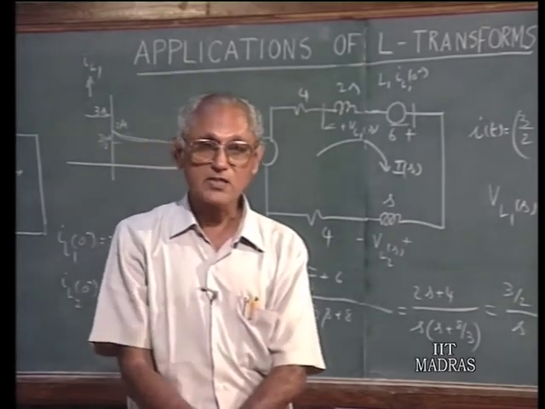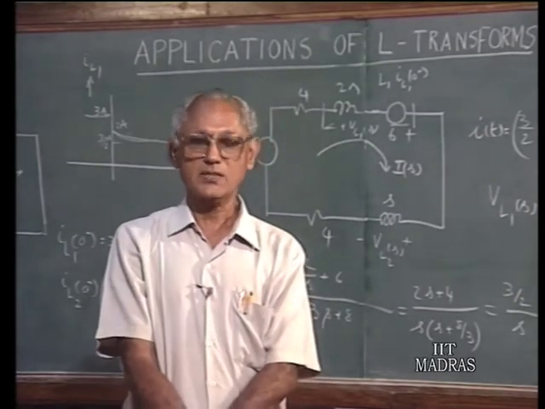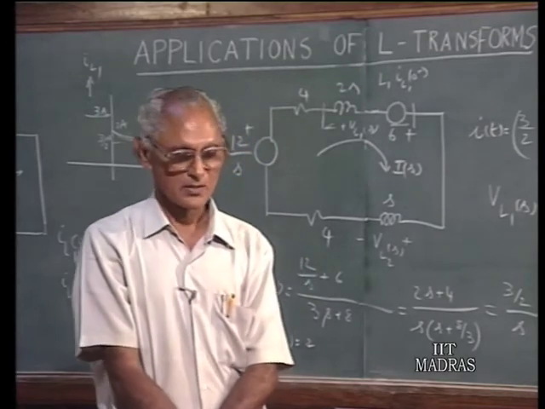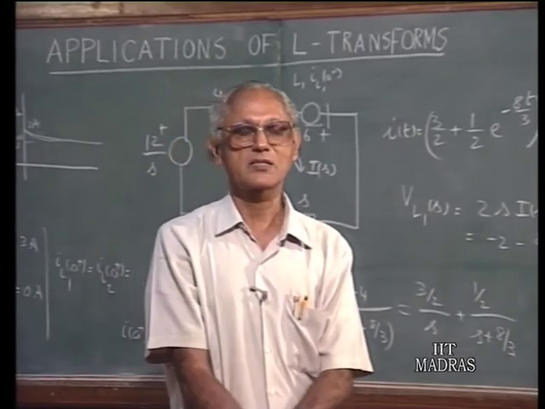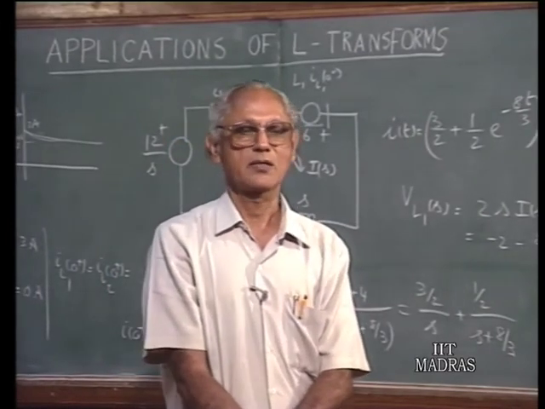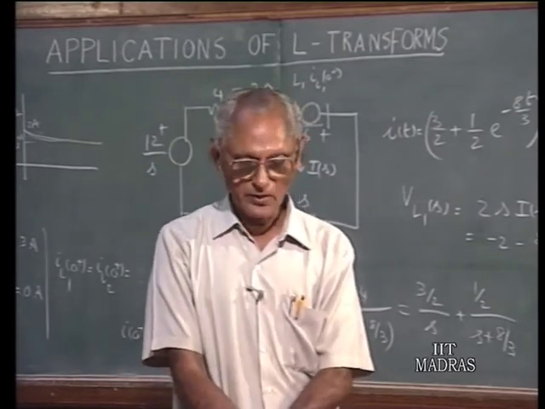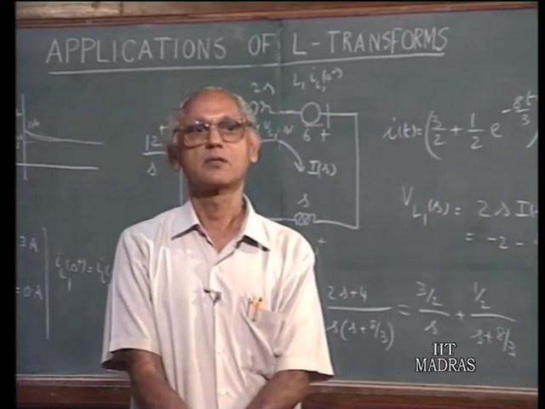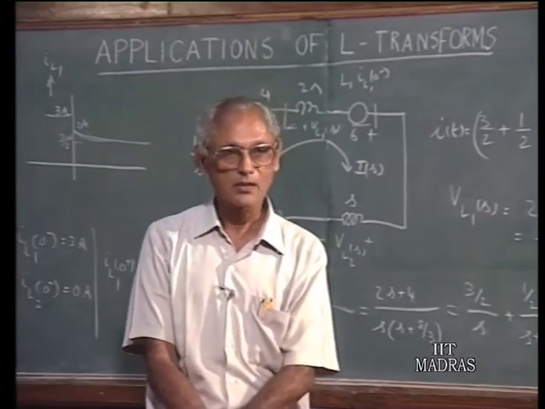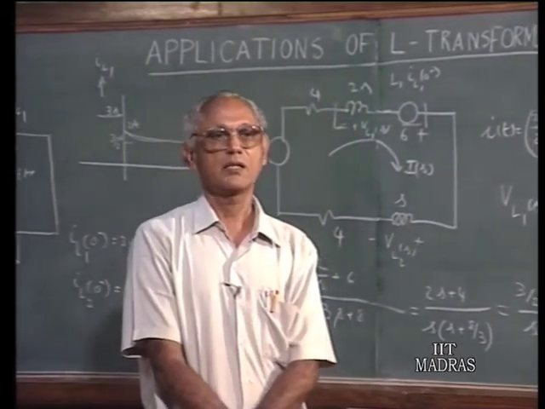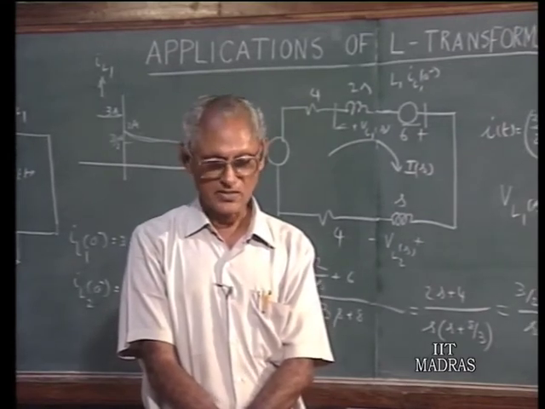And in this context, it is also seen that you do not have to find out the 0 plus conditions separately from 0 minus conditions. If you have 0 minus conditions, you straight away plug them in. You use 0 minus conditions, and the solution that you get is one that starts from 0 minus, automatically it will proceed. And in fact, if you are interested in finding out 0 plus conditions, you can use the initial value theorem, the final expression, and find out what those 0 plus conditions are. So, all these are the advantages of the transform approach to the solution of transients in networks.